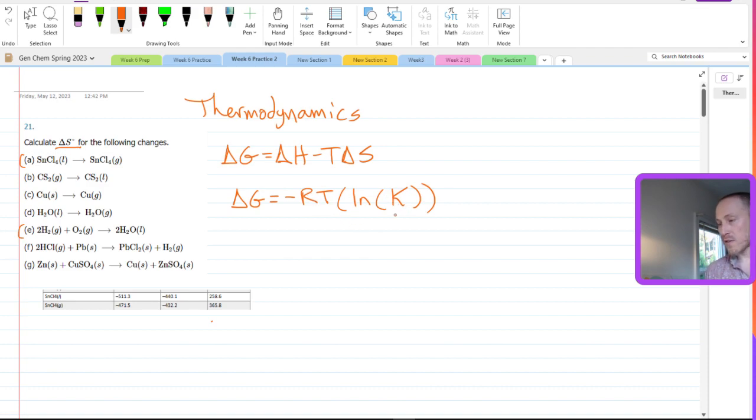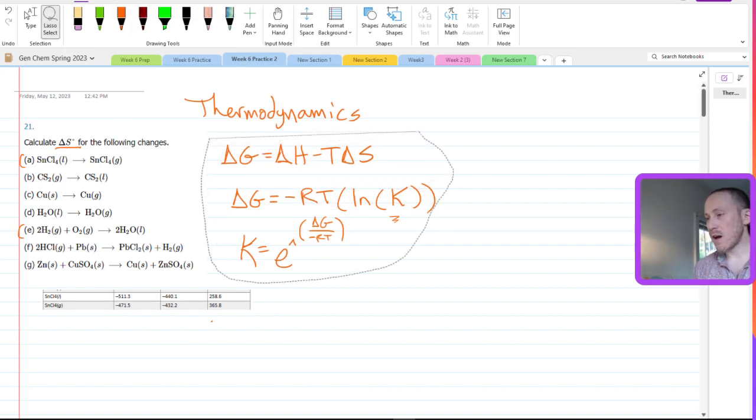And also, if you wanted to solve for K in the context of this equation that I just gave you, you could rearrange it and solve for K in terms of K equals e to the delta G over negative RT. So those are the three mathematical equations that we are going to use to get a lot of these answers,